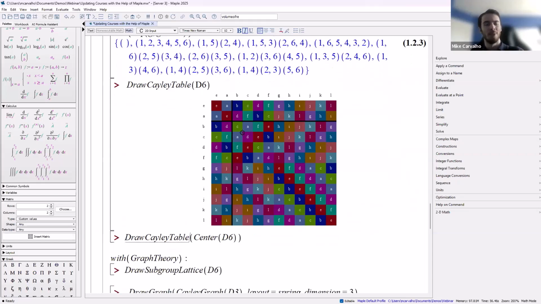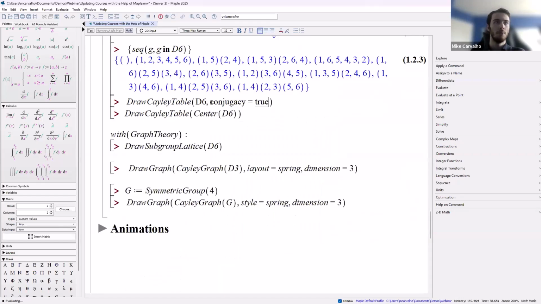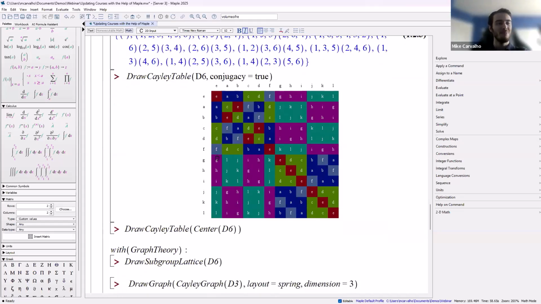And again, fully customizable. You can change the colors. There's extra information here. Maybe you want to group it in all of the documentation. It has this included in there. If I include conjugacy equals true, remake it, I can color them so that it'll color the different elements the same if they're conjugates. And right away, you can see some more patterns forming in the table, which is something that's a lot harder to draw, like I said, for a bigger group if you're just doing it by hand in front of the class.